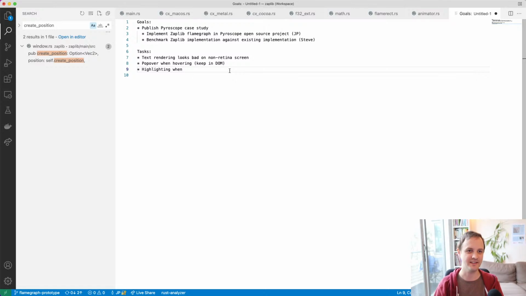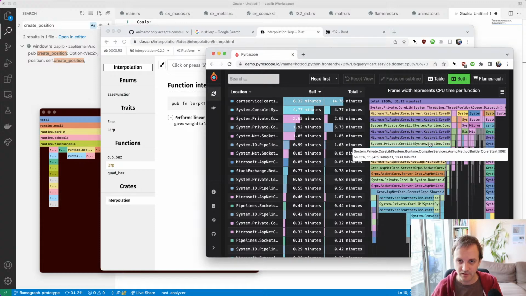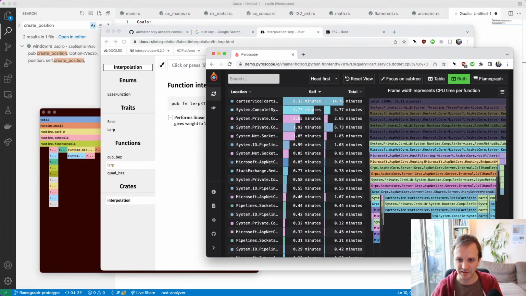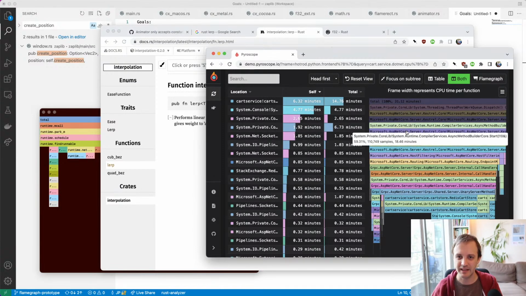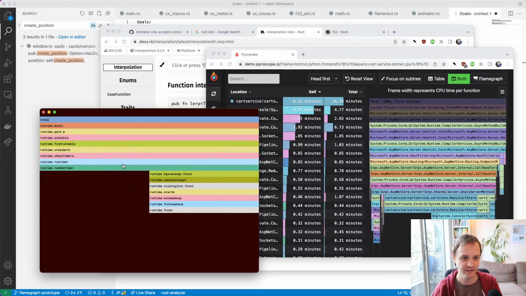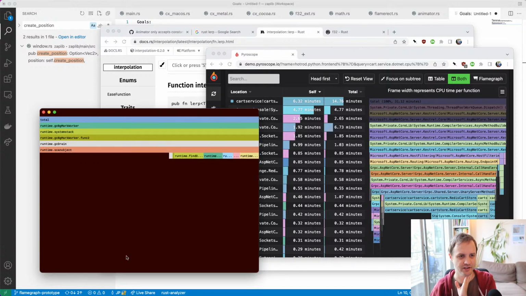Okay, so let's see. So highlighting when selecting item in the side table. Okay. So that's something we want to do. Right, then there's like, do we want to do this highlighting? Yeah, maybe. I mean, it seems less important now that we have this animation, honestly. But I guess, yeah, no, it might be good, because if you are sort of in this state now,